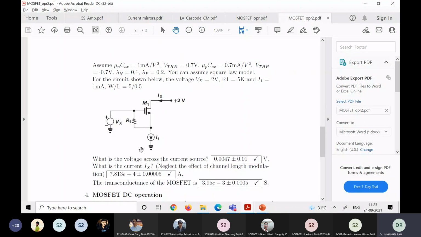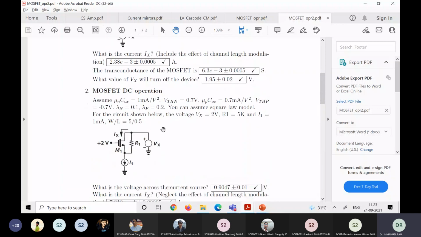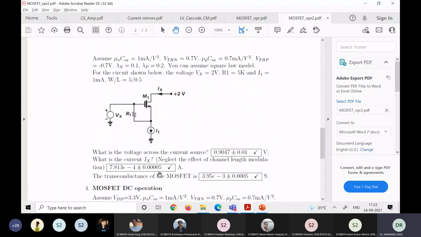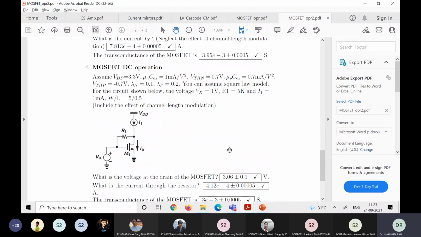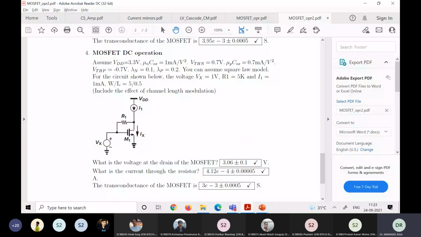Right? This one is also the same thing. In fact, I think the answers for the second and the third one are basically the same. Here also, there are two current components for I1, one coming through the resistor, one coming through the transistor. You write the total equation, you'll get a quadratic equation. Solve it, two solutions you'll get. One will obviously be a wrong solution, the other solution will definitely work. This one also is basically I1 has two parts, one through R1 and one through IX. Again, quadratic equation, solve it and you'll get the answer.